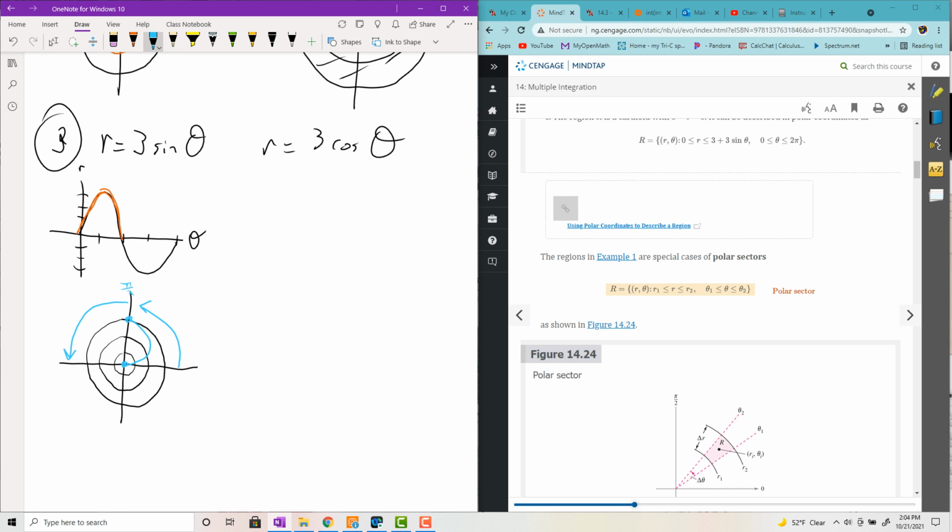So going from pi over 2 to pi, it's going to start at 3, and then as it sweeps out, it will die down to 0. Okay. And then when it goes negative here, from just pi to 3 pi over 2, so